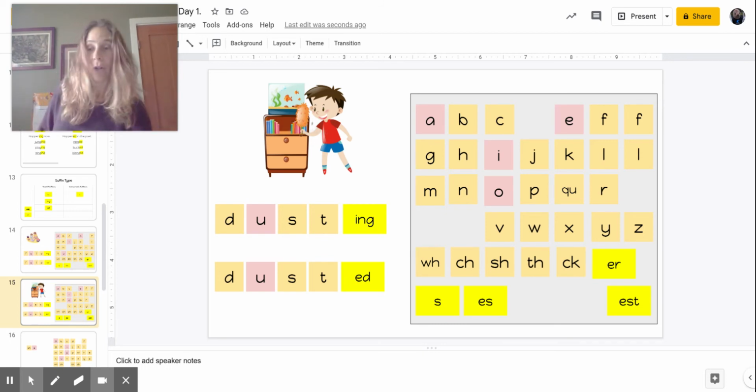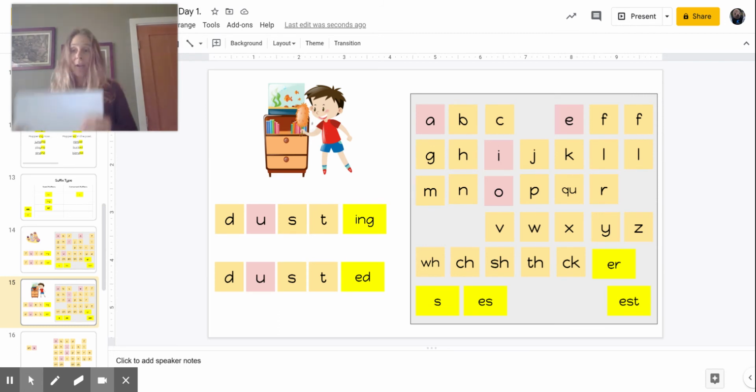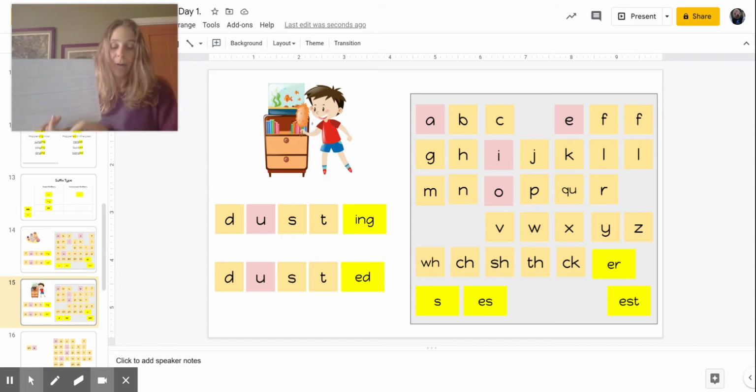Now let's write some words. So I want you to grab either a whiteboard, whatever kind of whiteboard you have, a blank one or one that has lines. Or you can grab a paper and a pencil. If you have a whiteboard, you're going to need your whiteboard marker. And we're going to practice a couple words. So our first word is going to be the word